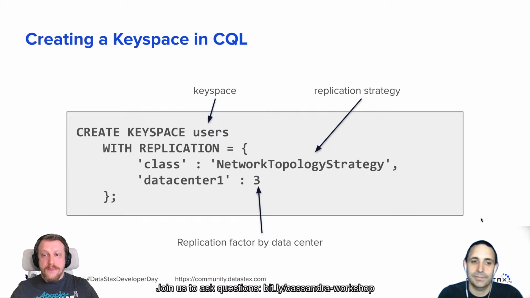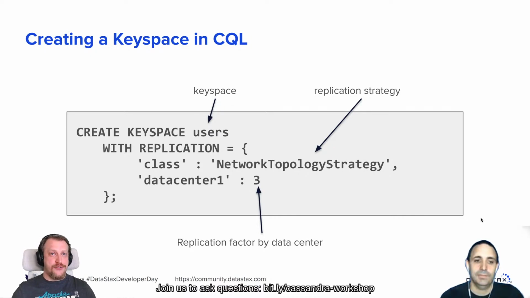What's the replication strategy? Easy to say. We currently have two replication strategies. One is called SimpleStrategy, and one is called NetworkTopologyStrategy, as you see on the screen. So, SimpleStrategy is good for your laptop and bad for anything else. You definitely don't want your administrators to run Cassandra with SimpleStrategy in production. Please, that's only for development.